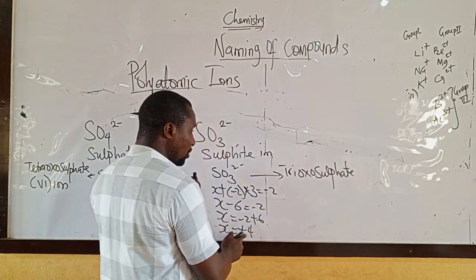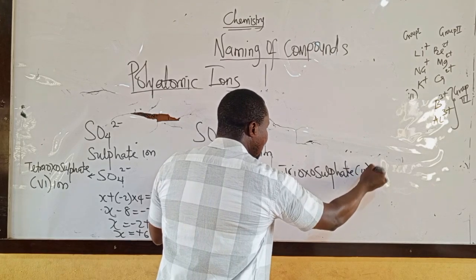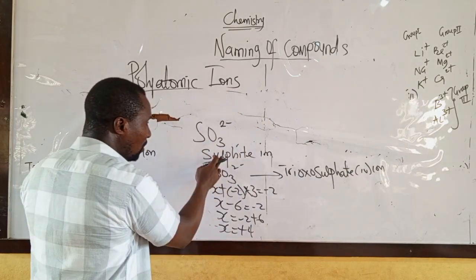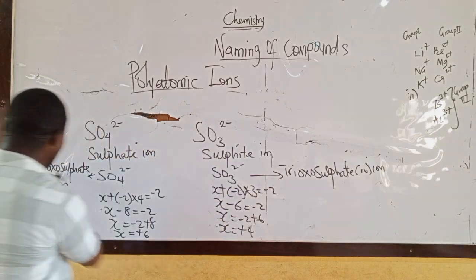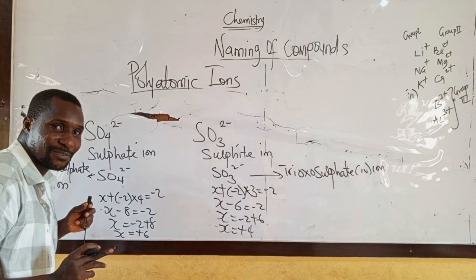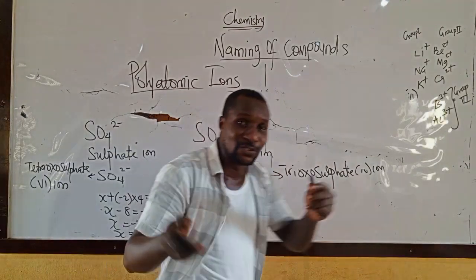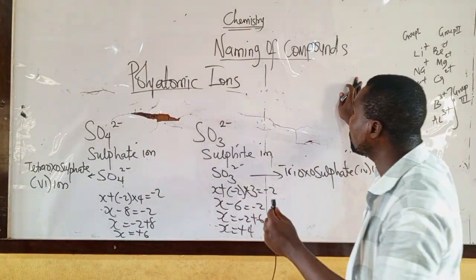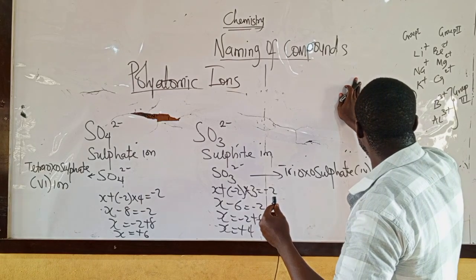Trioxosulfate, the oxidation number 4 ion. Can you see? Trioxosulfate 4 ion is for sulfite. Tetraoxosulfate 6 ion is for sulfate. Please take note. But if I ask you to write, let me assume I ask you to write